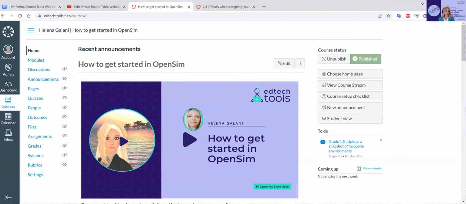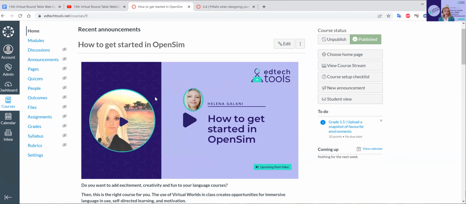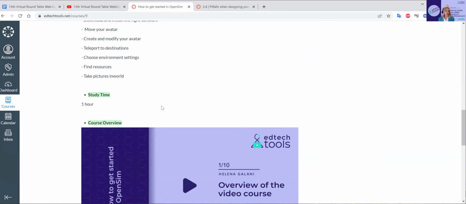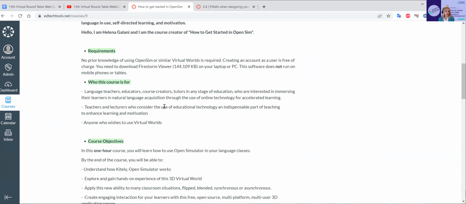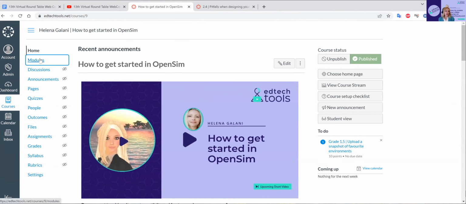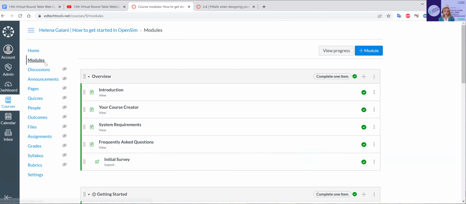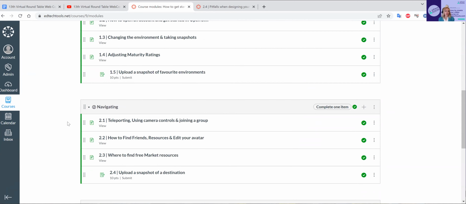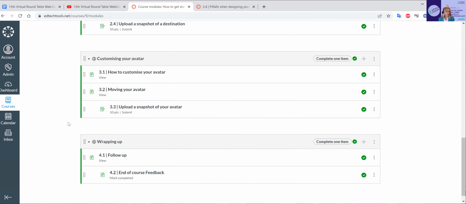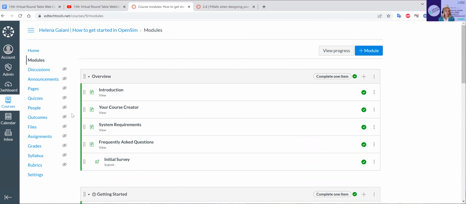Okay, so this is the actual homepage with information. You will be given a template that I will show you in a minute, which you can expand on. And the modules are divided like this, which you can number and give a title. So if I go back to my content,